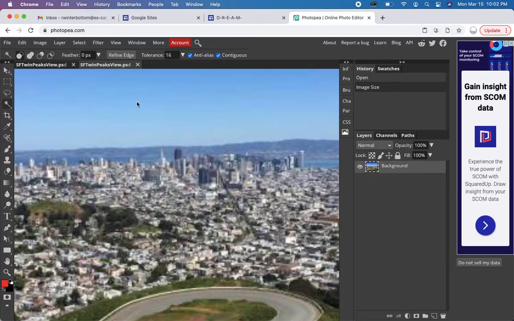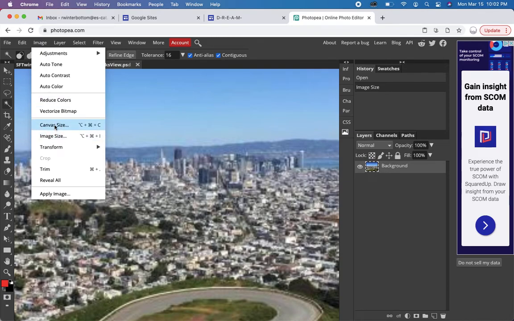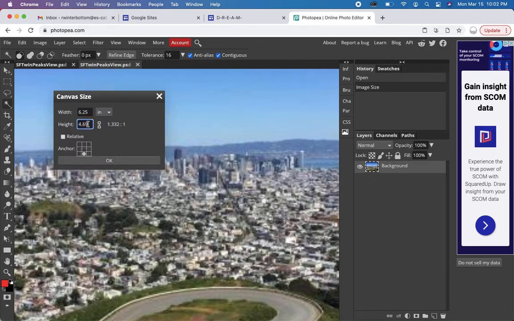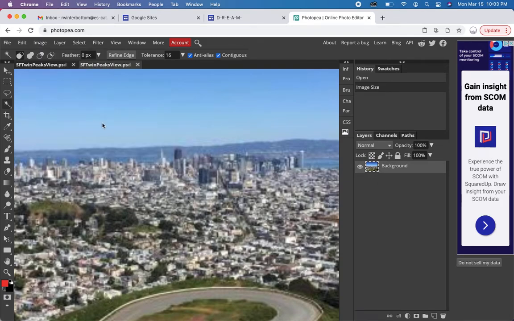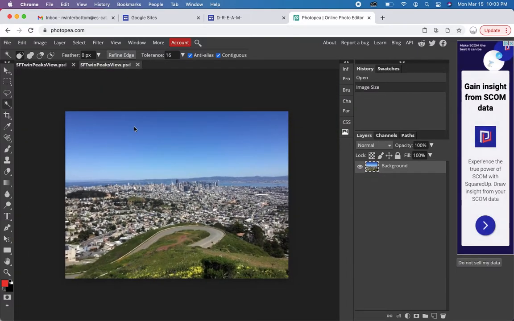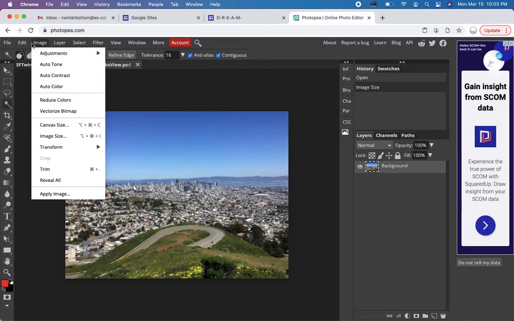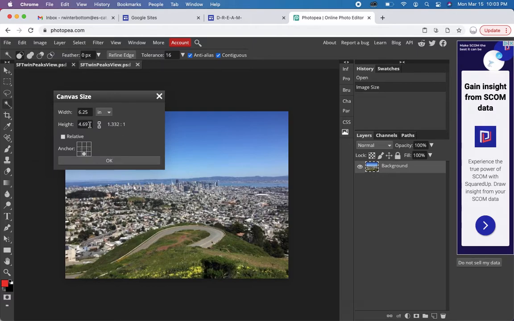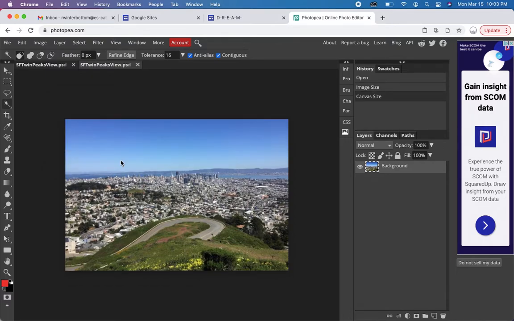And then I got to go into the canvas size, and we'll cut it off. Cut it off from the top, and anchor it on the bottom. That way it'll get chopped at the top, so we can see the little flowers at the bottom there. All right, now we got what we need. So essentially that's what I did